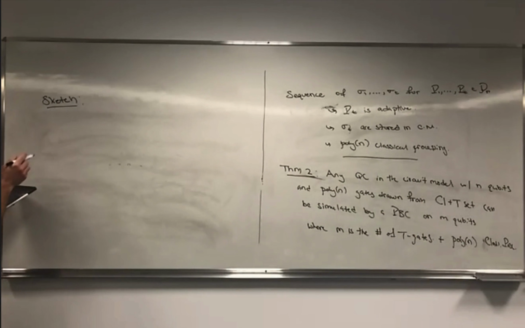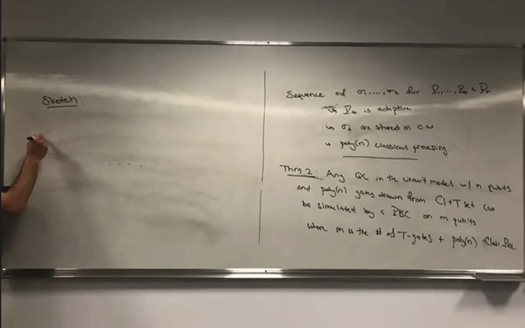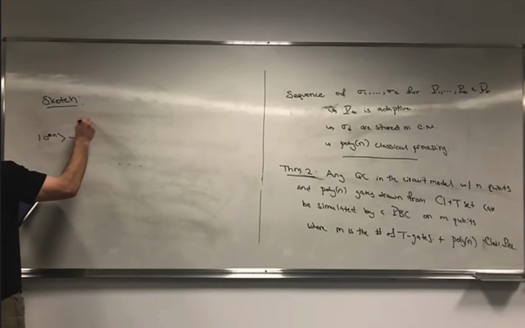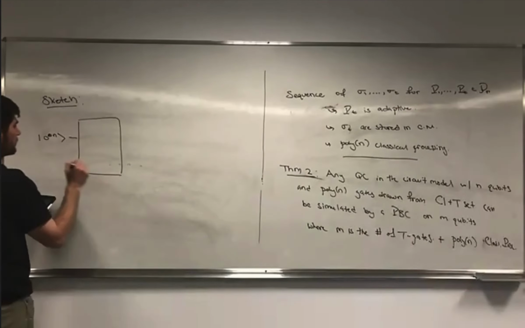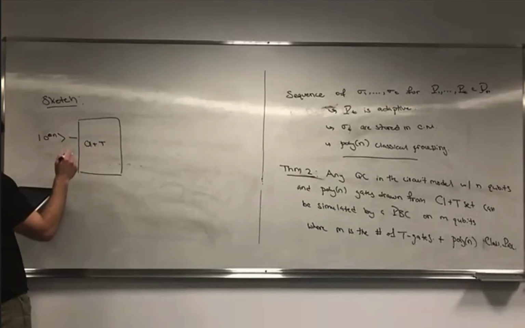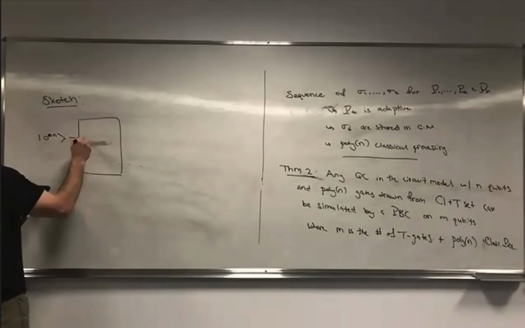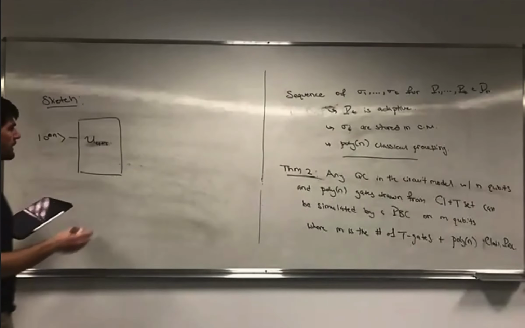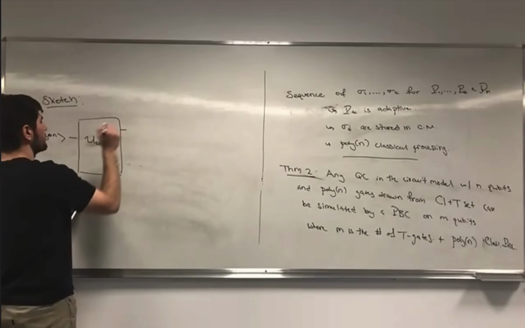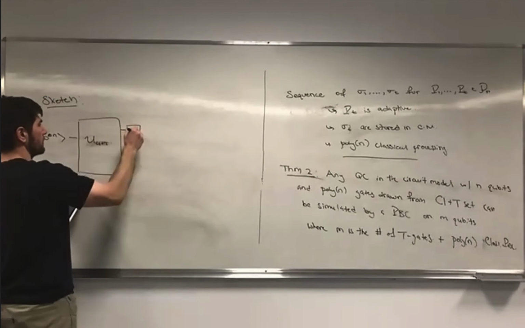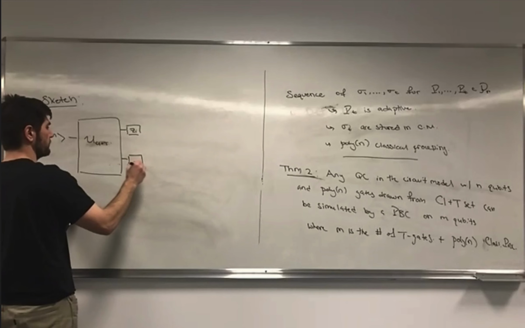If you have a circuit-based model, we initialize all n qubits in the 0 state, and then you have a unitary which is drawn from Clifford+T. So maybe just to make clear that this is a unitary Clifford+T. And then at the output of the circuit, you measure each qubit in the computational basis,